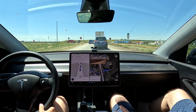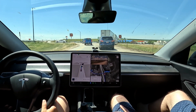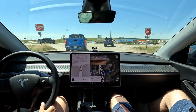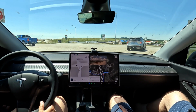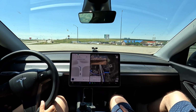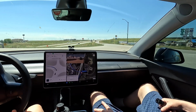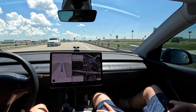Taking a left? Oh, good. So the car's actually doing the right thing and kind of lining up on the left side. Turn left onto US Highway 24. As is appropriate, so that the cars on the right can go by and make their right turn. People are on it here, but the car did all that legal, and give it some gas probably. There we go. Yep, just a little intervention. We had somebody behind us. It was doing a pretty good job, but we didn't want to